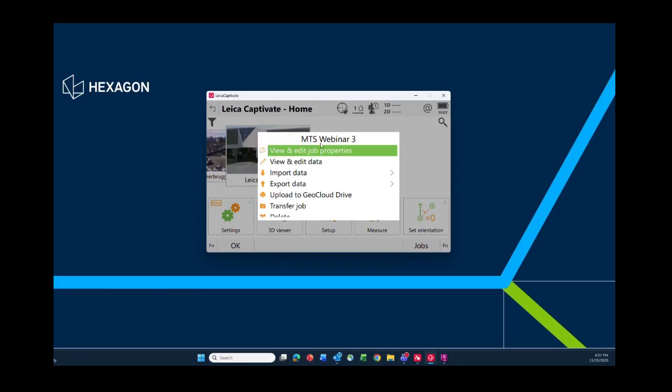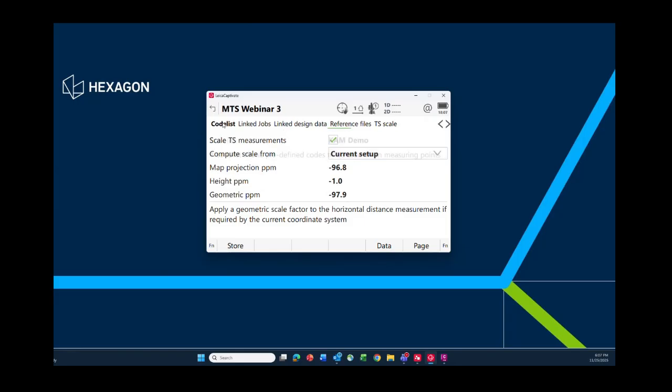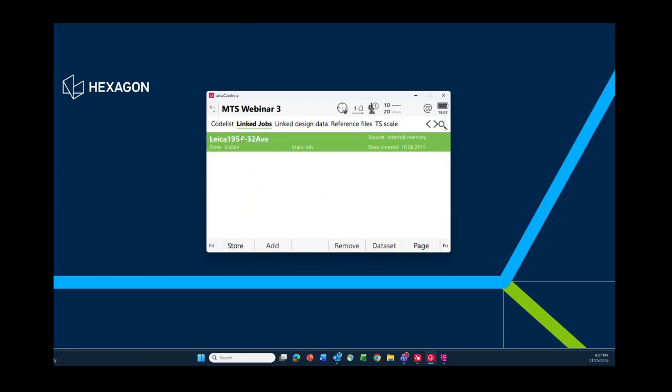But that job I just created, if I review the property, just to give you an idea, I have a link job that I'm using. So I'm at my office here and I've done a lot of topo around the office. So I'll use it as a background, as a link job. So I could use some points for stakeout if I want, but I see myself on top of additional jobs. So I'll show you, I could remove that link job at any time if there's too much information on my